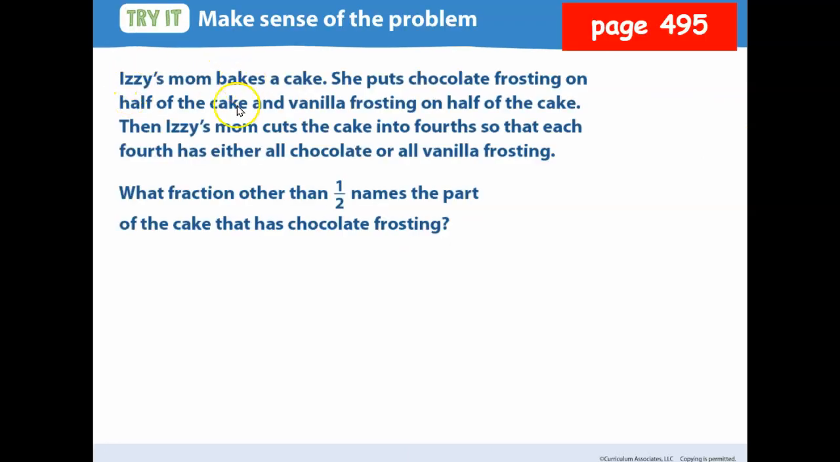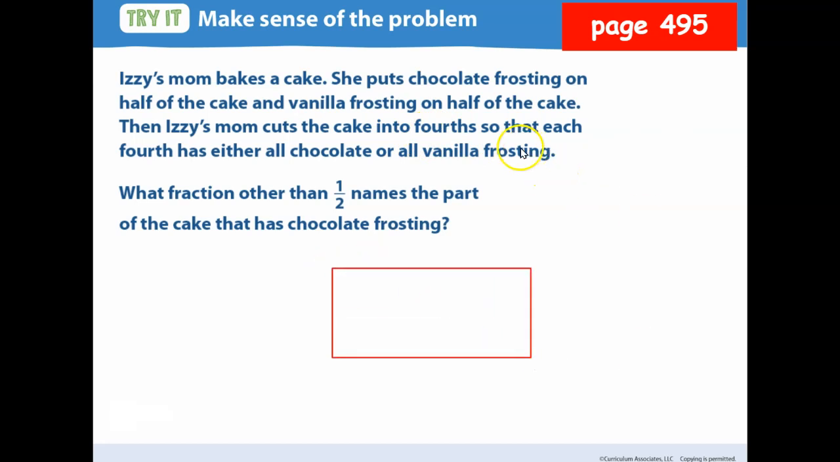So it says Izzy's mom. Here's a problem that we have. Okay, Izzy's mom bakes the cake. She puts chocolate frosting on half of the cake and vanilla frosting on half of the cake. Then Izzy's mom cuts the cake into fourths. So if here's my cake,